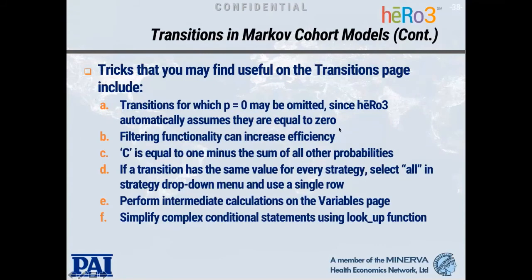First, in any given Markov model, usually there's a bunch of transitions that are simply not possible. In other words, the probability of undergoing that transition from state A to state B is always going to be 0. When that happens, you don't even need to create an entry on the transition page for that transition. For example, it's not possible to go from the dead state to the sick state in the Markov model that we covered previously.